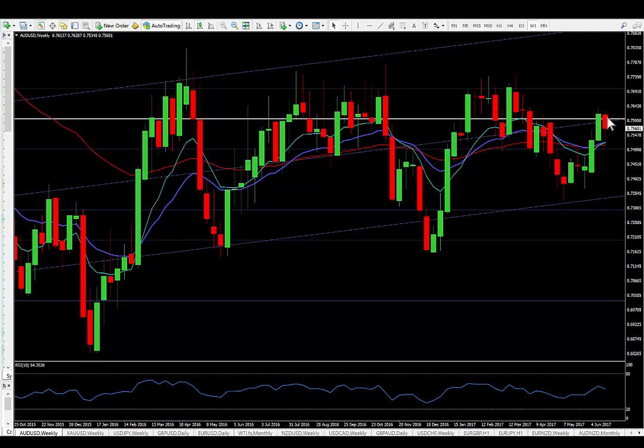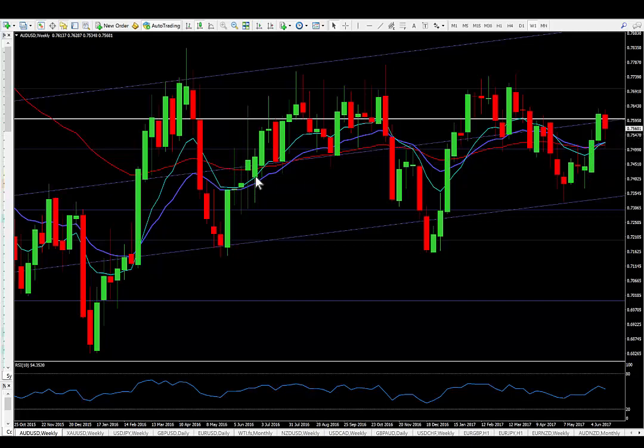made a little bit of a pullback into what I'm hoping is going to be the 50 and the 20 and the 10, the 10 being the turquoisey one, and the 20 being this bright, darkish neon blue colour. They're actually getting into the right order. So if these begin to open out slightly, i.e. the 50, the 20 and the 10 are all in the correct order, i.e. 10 is closest to price, we could find that this becomes much more capable of carrying price higher, which is what I would really like to see.